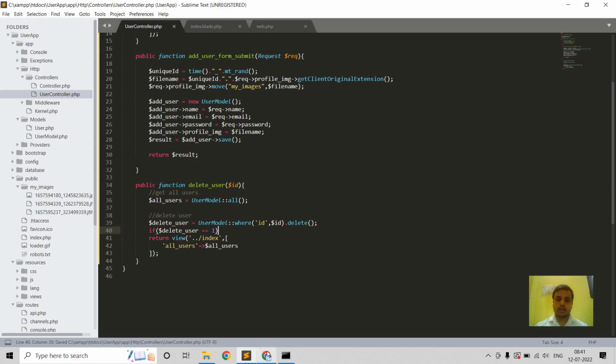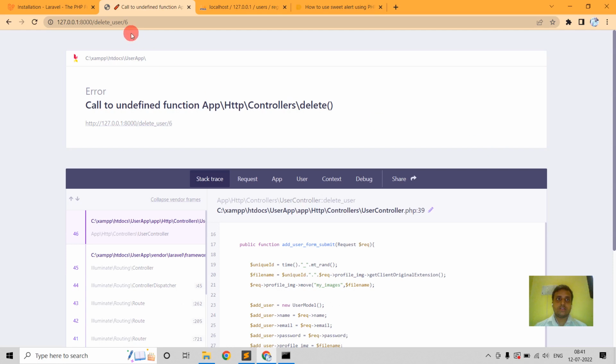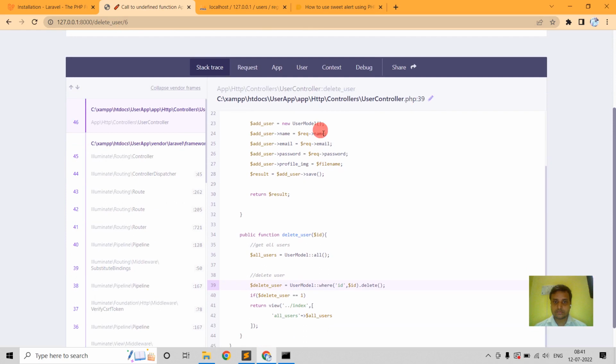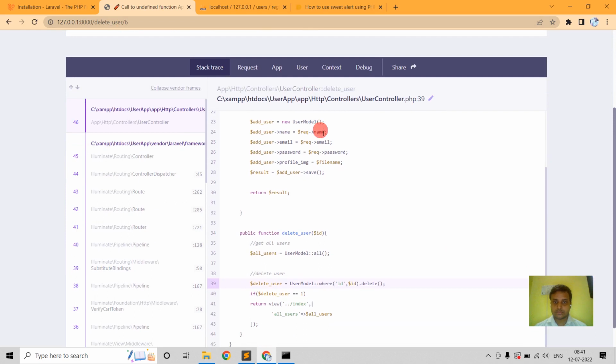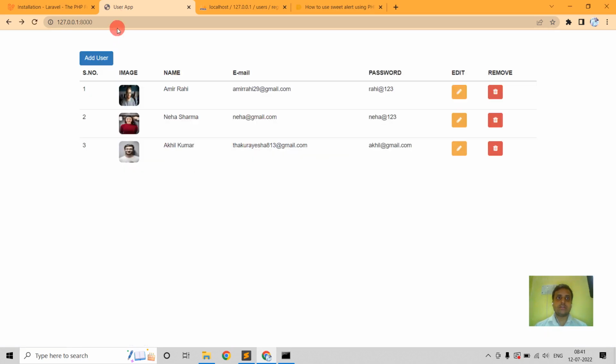Okay, and now press this. Now I'm going to press this ID. You can see, okay, don't use dot here. Okay, now it will work. So refresh this and press again. You can see